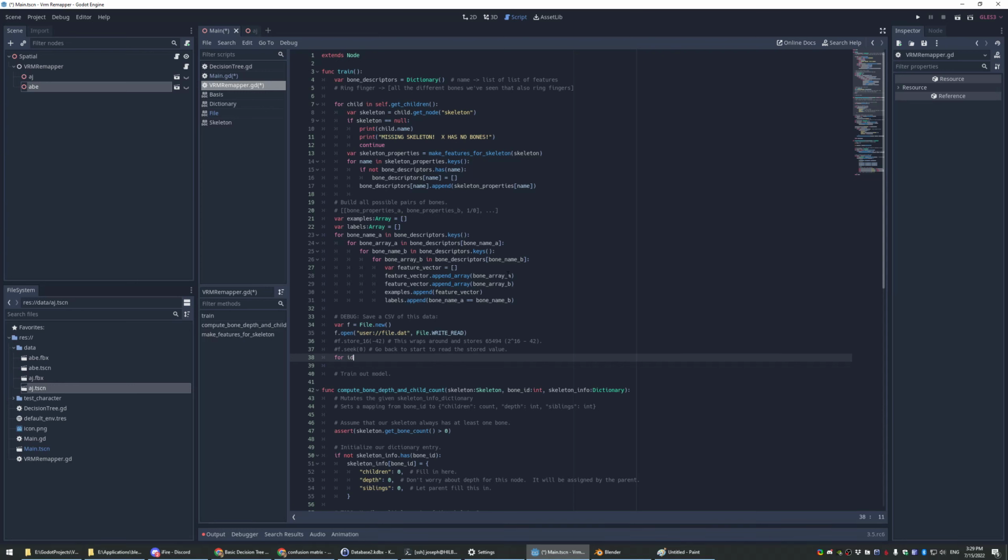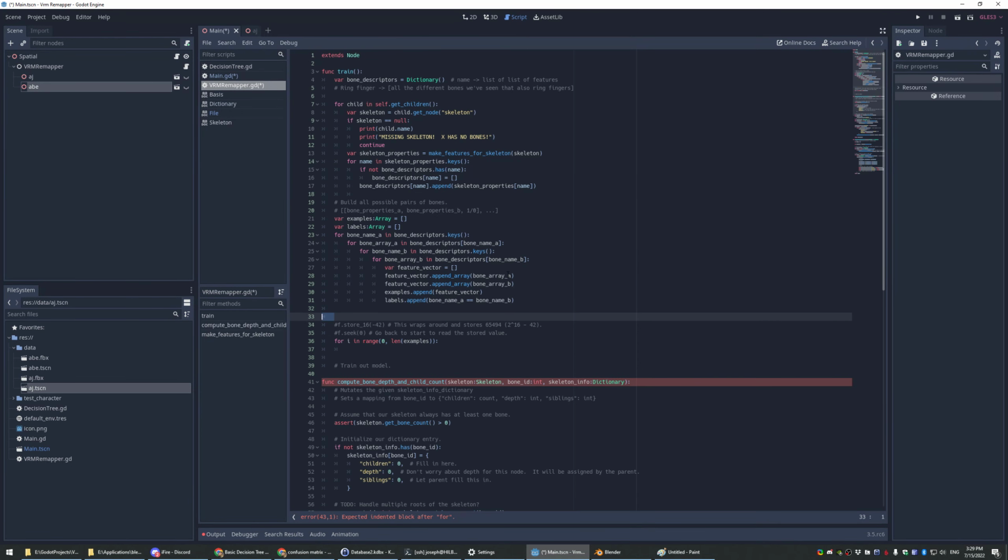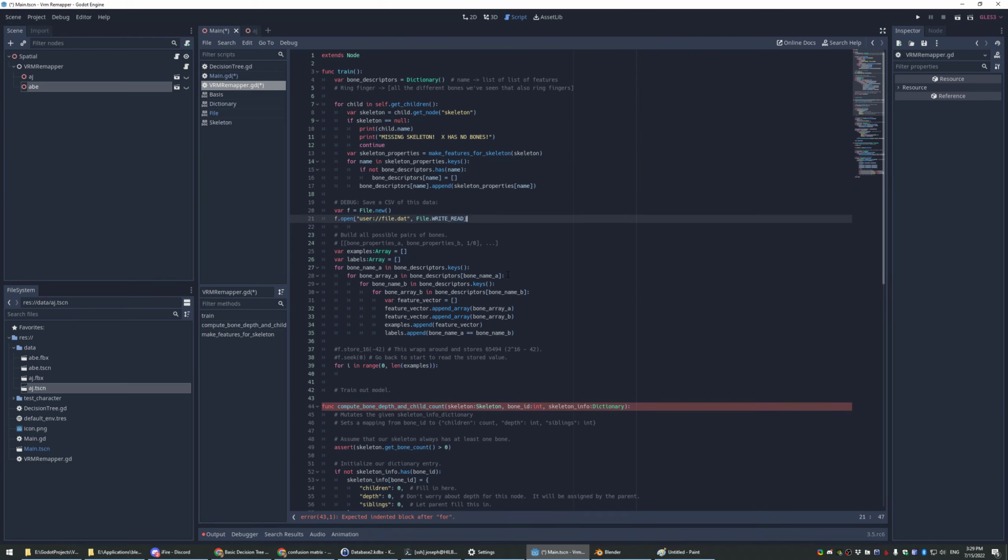So for ID in range 0 to len examples. I should probably just actually do this while I'm iterating over all of them. Just in case we crash because we're out of memory or something like that, I want to store. I shouldn't have to. This should be fine. It should be okay, but